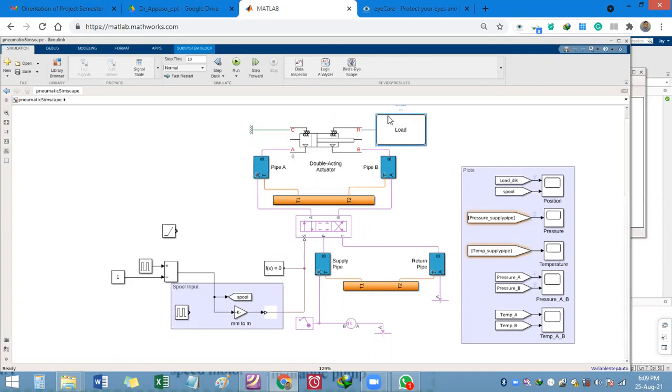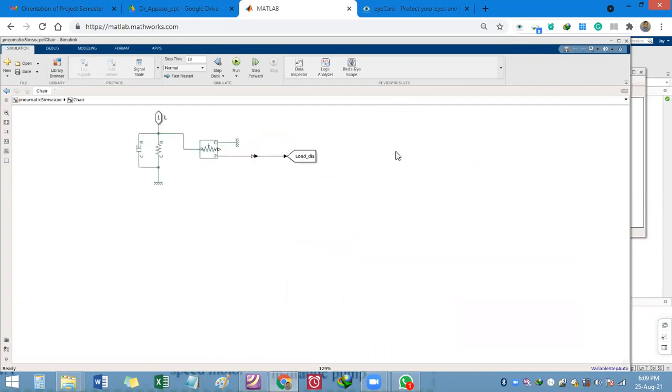This block, which is considering the load dynamics, has been modeled with the help of a spring and damper. Just by connecting this spring and damper in parallel, we are trying to model the dynamics of the chair. So the chair has been modeled by a spring and a damping member.